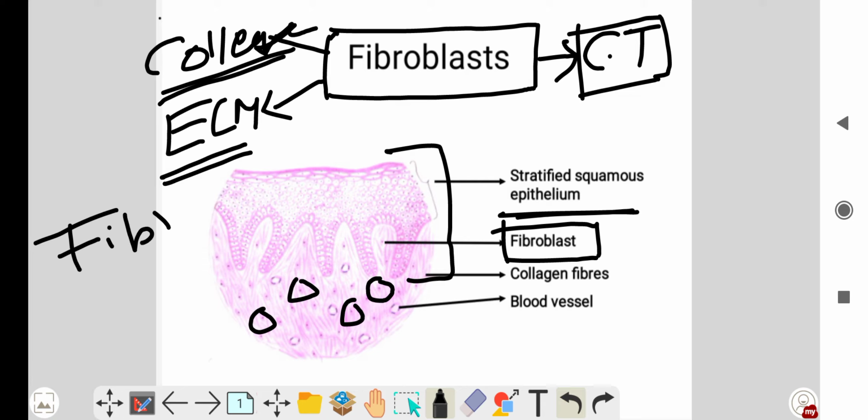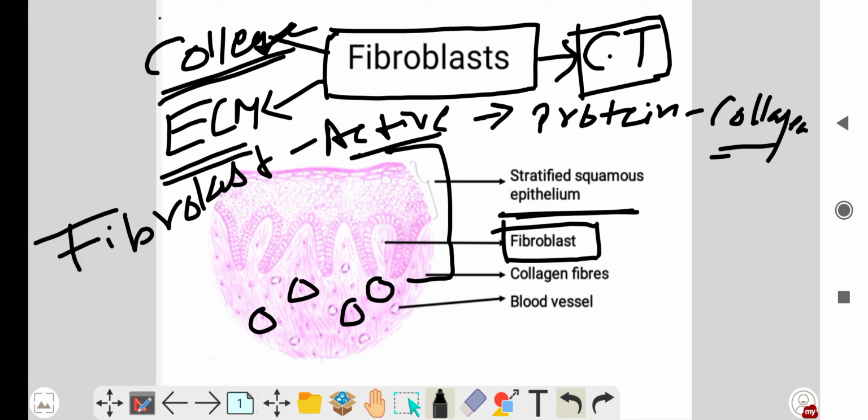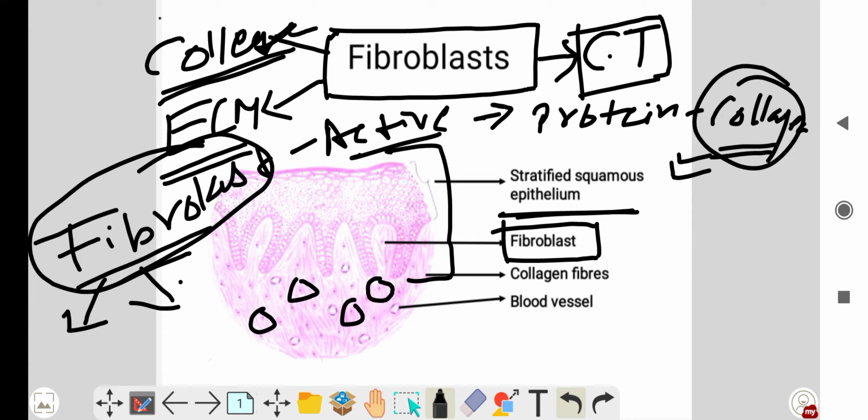Fibroblast is an active cell. It secretes different proteins, mostly collagen fiber. Collagen fiber is the most abundant protein of the body, and it is secreted by the fibroblast. So please remember secretion of the collagen fiber from the fibroblast and also degradation of the collagen fiber from the fibroblast. The inactive form of the fibroblast is called a